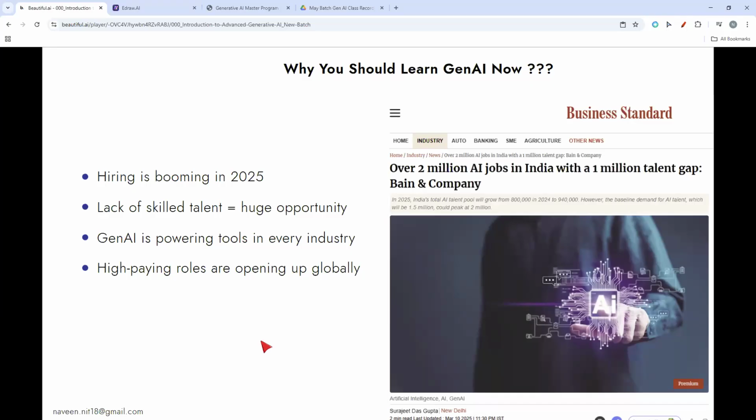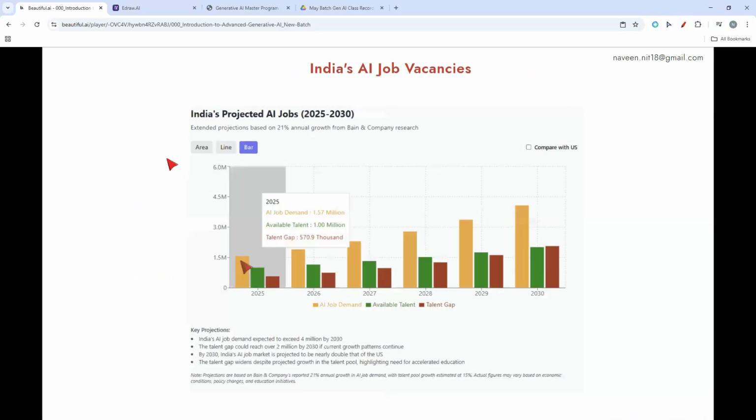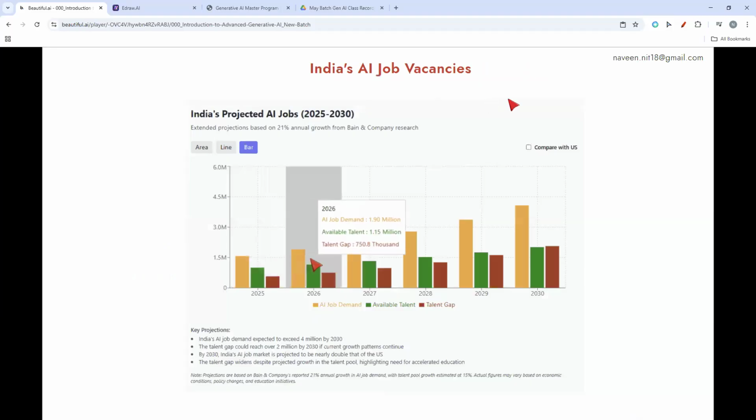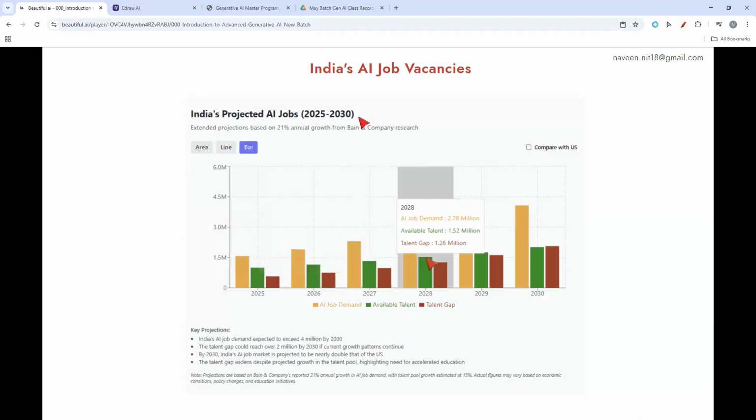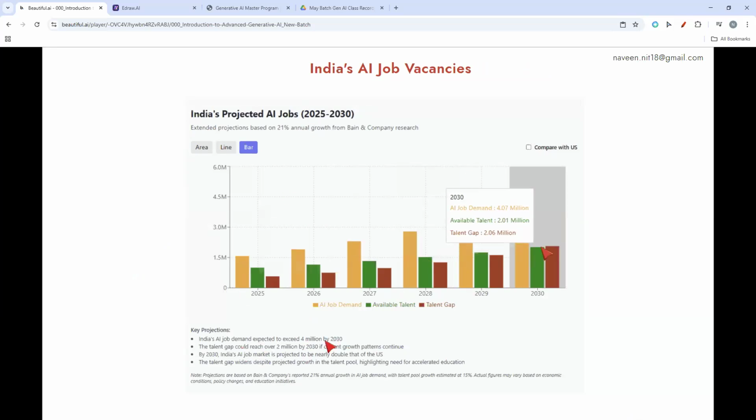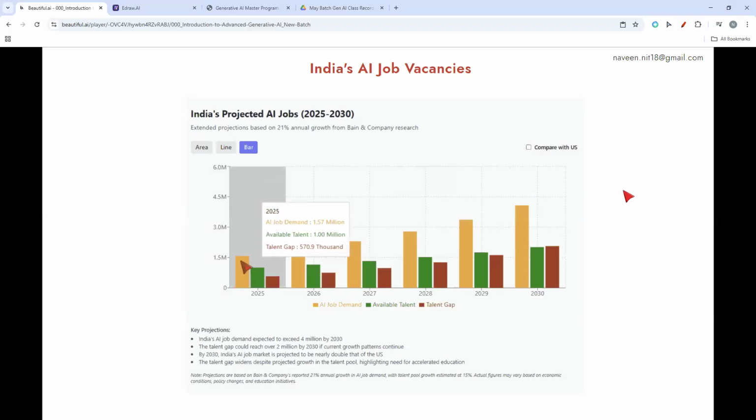So I kept some statistics from 2025 to 2030 on India's projected AI jobs, and you can see here that the demand for artificial intelligence grows in a substantial, significant, and exponential manner.